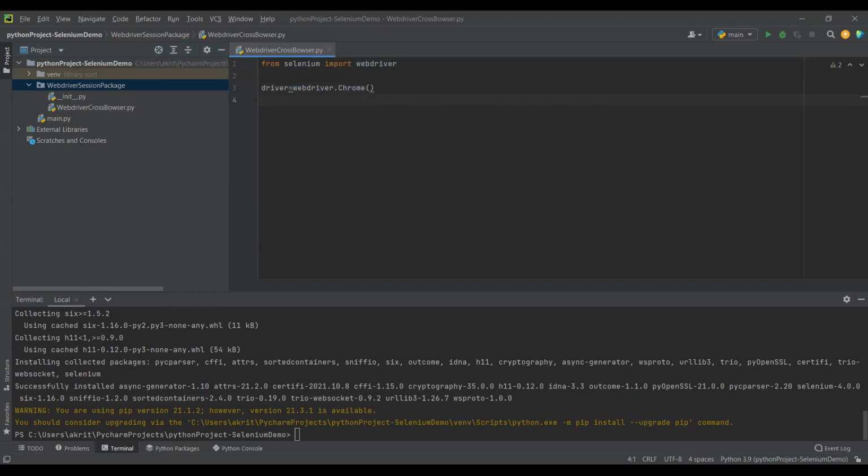Great. Now we have created our WebDriver and initiated it. So here, this means that driver is pointing towards the WebDriver.Chrome that we have created.